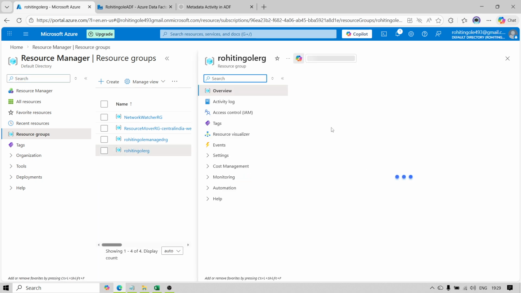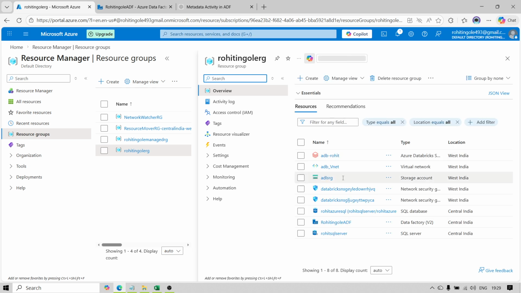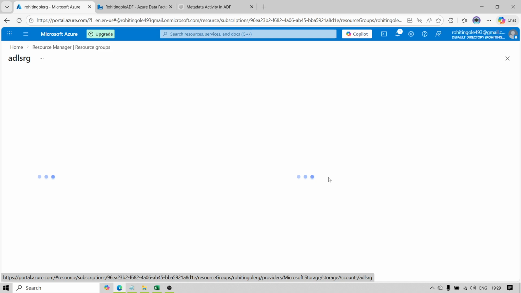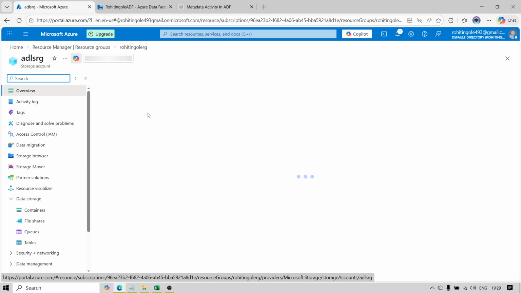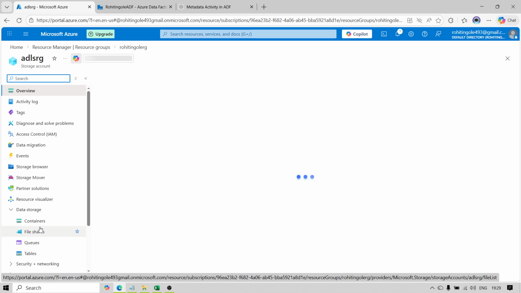If you don't know the resource group, you can go to any video and you'll get the idea of how to create a resource group. Basically, a resource group is a collection of all the resources. Now this is our storage container name, Azure Blob Data Lake Storage. If I go to this container, we have the main container, and if I go into this main container,